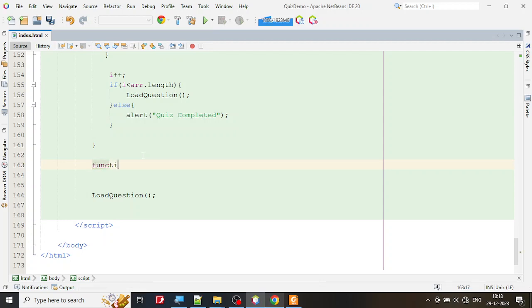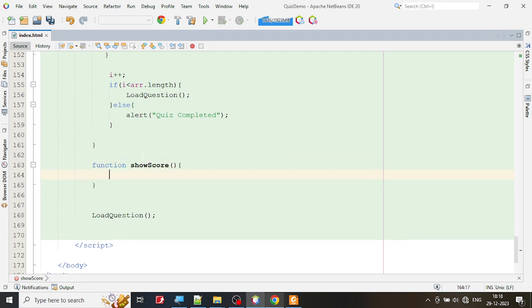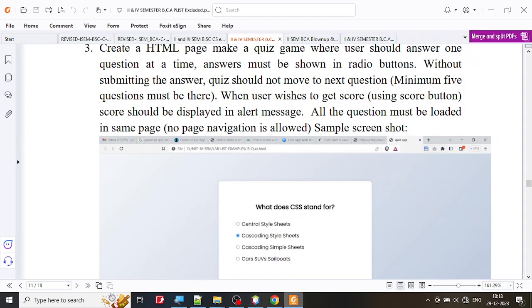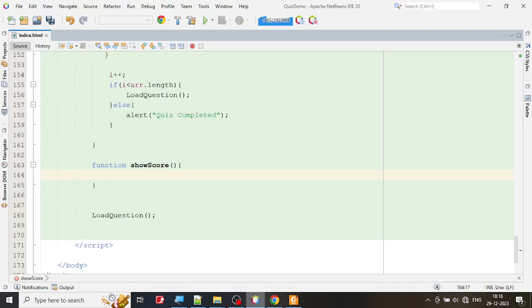I'm going to say function showScore. In the question they said that the score should be displayed in an alert message, so I'm going to show it in the alert message. So alert, and I'm going to use the